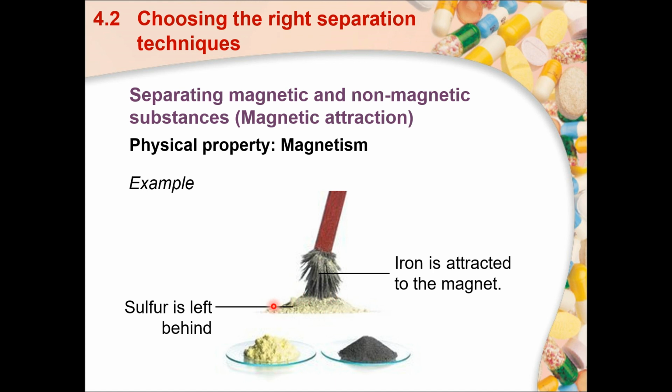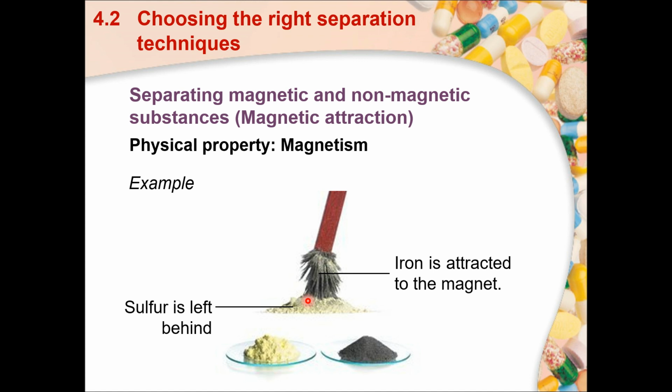But the disadvantage of this is you cannot separate between the magnetic materials. So if instead of iron alone, I have iron and steel, this method is not going to work because both will be attracted to the magnet. Similarly, if I have sulfur and another different powder that's not magnetic, let's say copper(II) sulfide, you will not be able to separate them as well because both sulfur and copper(II) sulfide are non-magnetic, neither will be attracted